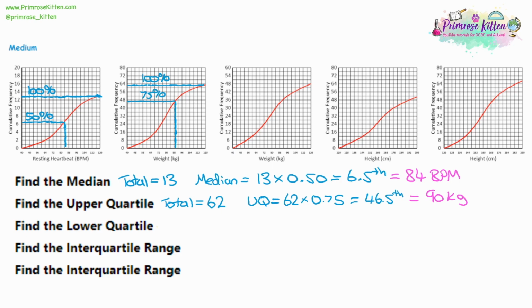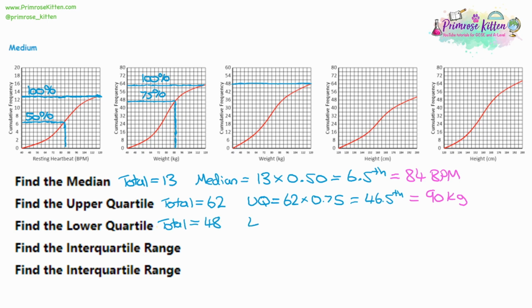Now the next thing to look at is the lower quartile. This follows exactly the same method, but rather than being kind of the median of the median, where you look at the median in between the median and the total, this could be the other direction. It's going to be about 25%, and it's going to be the kind of median in between the median and 0. So again, we have a look at our data, have a look at the highest point of the curve, and look at what value it has, and it has a value of 48.